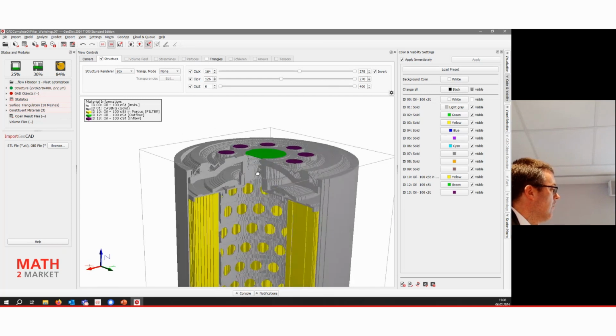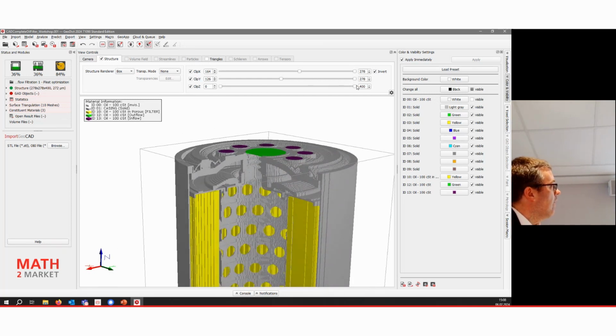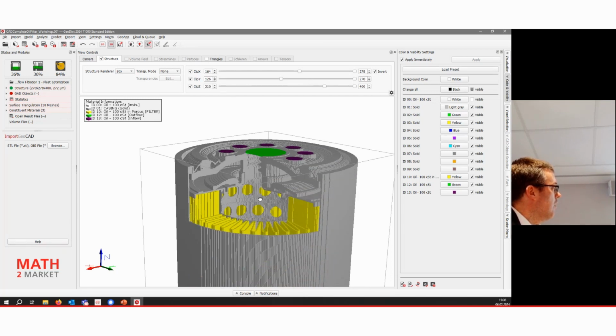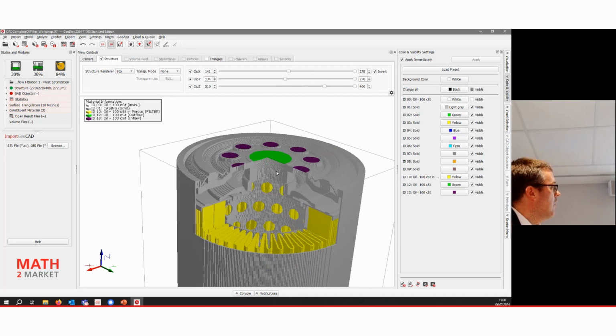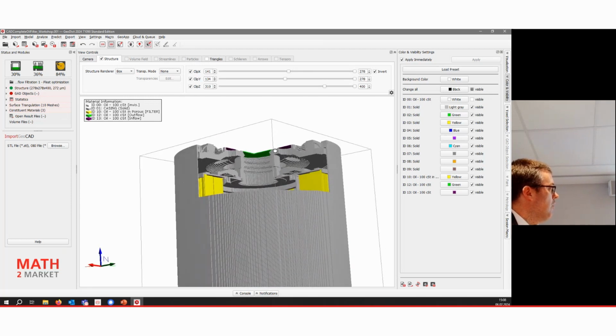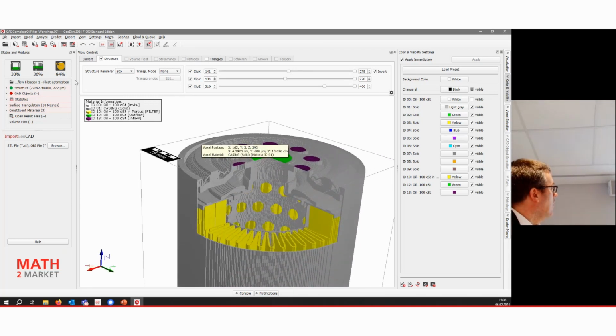Maybe that's so. No, make it the other way around. So that is our filter. Maybe this one and this one here. So okay, and now we want to run a flow simulation on that.